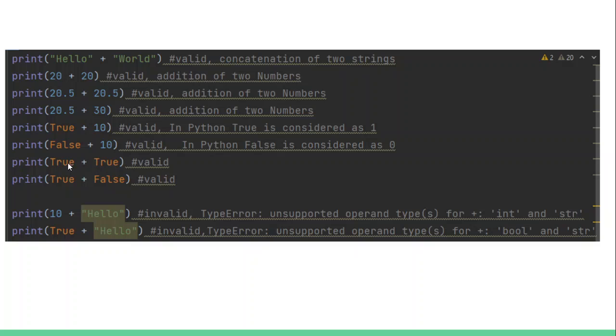This is also a valid statement. But in Python we cannot concatenate two different data types. So if you try to concatenate a string with a number or a string with a boolean, then it will throw the type error, that is an invalid statement, right? So this is about concatenation in Python.